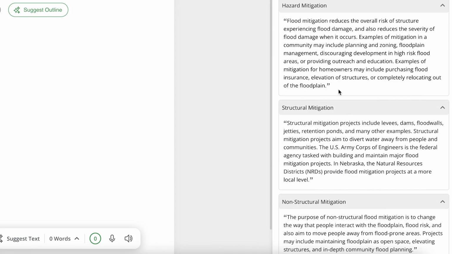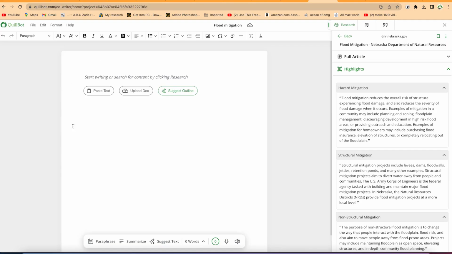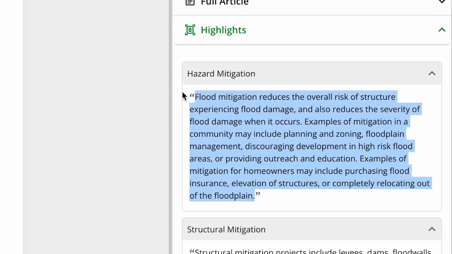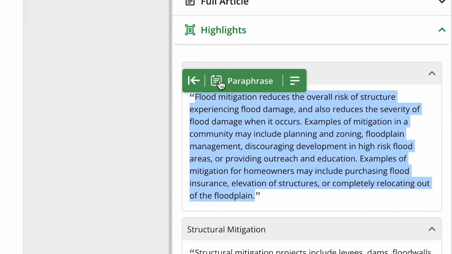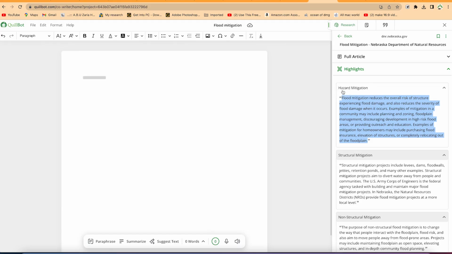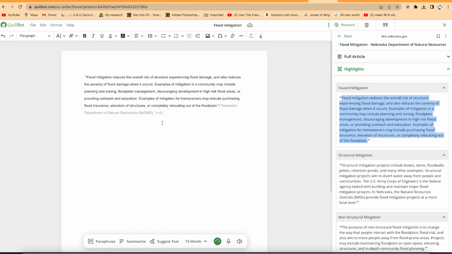Now in Quillbot, if you want to add this text or content to your text, all you need is to specify the area where you want it to be added. You come over here. Once you select and highlight a text, you have the option to insert it in the text directly, or you have the option to paraphrase if you want to paraphrase this section that you've just highlighted, or you have the option to summarize the text. Okay, so assuming I want to add this entire text, you can see I just added it with just one click, and everything is now added. You can see all the things that I've just highlighted have been added to my document.